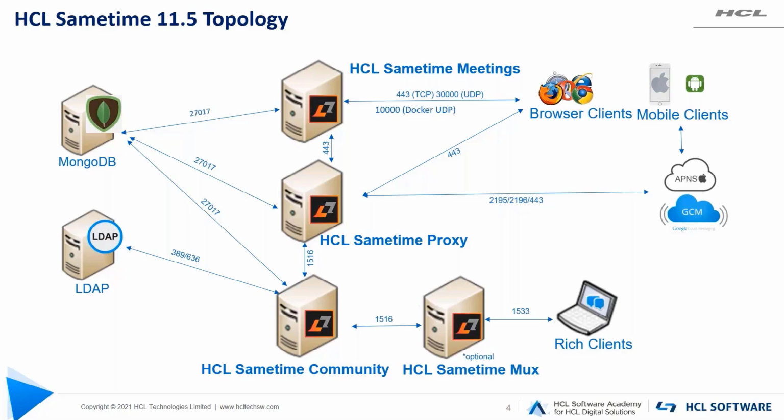The key aspect of this architecture: when you configure the Domino, make sure you use fully qualified host names. We request you do not use short names or IP addresses, because as we all know, web SSO will only work when it is accessed over FQDN. It will be difficult for the Sametime server to create the SSO document if you use a short name or IP address. So if there is an issue in web SSO, then the connection between community and proxy will surely be impacted.